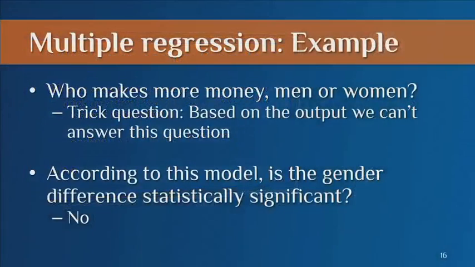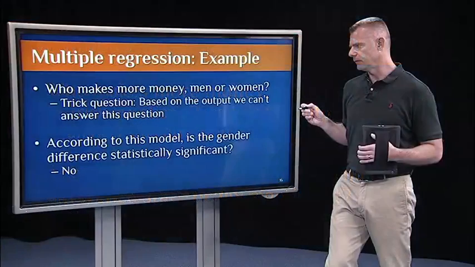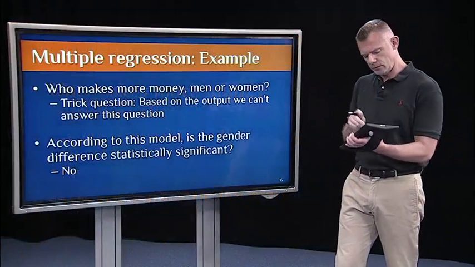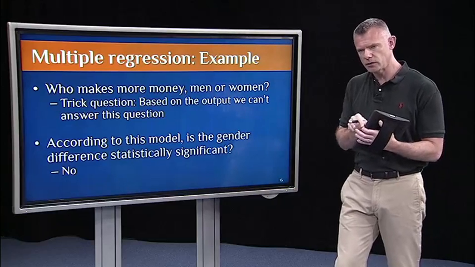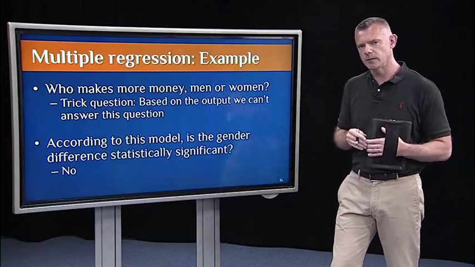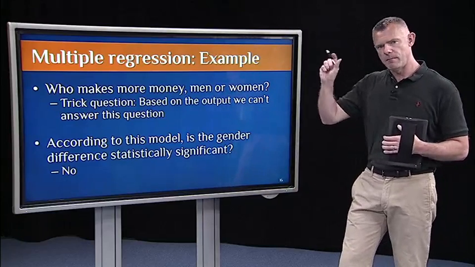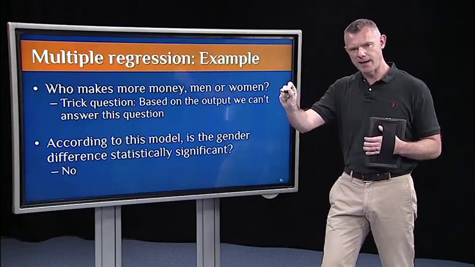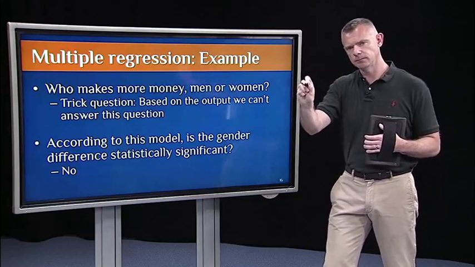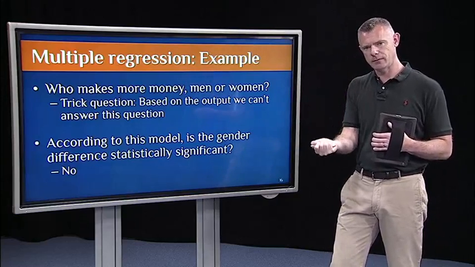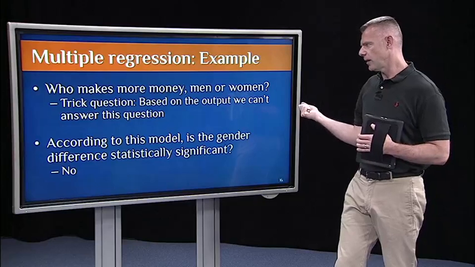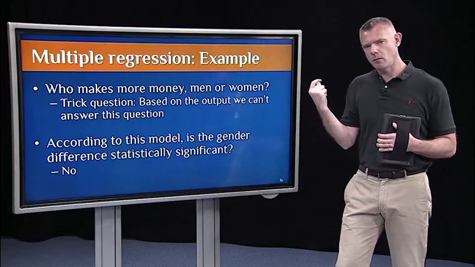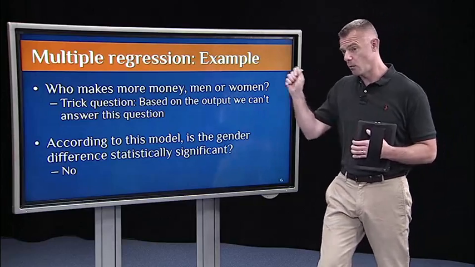So for example, who makes more money, men or women? Well, if you look at the p-value, it's not significant and it's negative. So if you go back and look at the table of coefficients, it was like negative 3,000 something. I coded men as 0, women as 1. So a 1 unit increase in X means you're going from male to female, and the predicted change is negative. What that means is, who makes more money, men or women? Well, women, I'm sorry, who makes more, men,